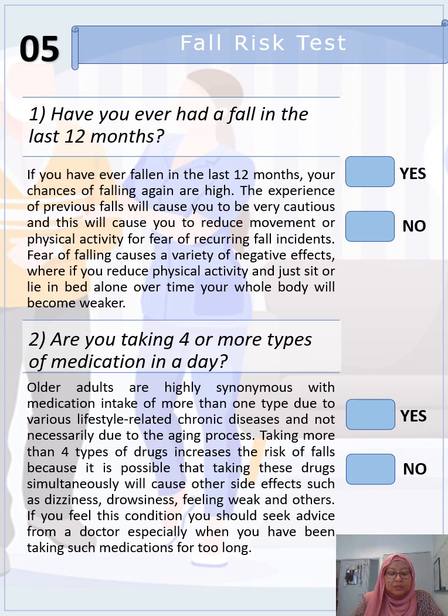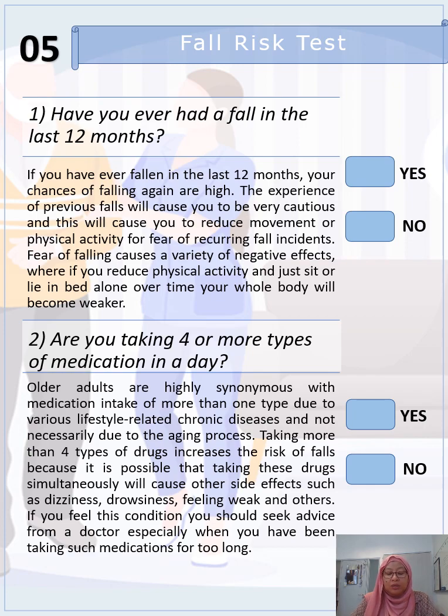So older adults are highly synonymous with medication intake of more than one type due to various lifestyle related chronic diseases, and not necessarily due to the aging process. Taking more than 4 types of drugs increases the risk of falls because it is possible that taking these drugs simultaneously will cause other side effects such as dizziness, drowsiness, feeling weak, and others. If you feel this condition, you should seek advice from a doctor, especially when you have been taking such medication